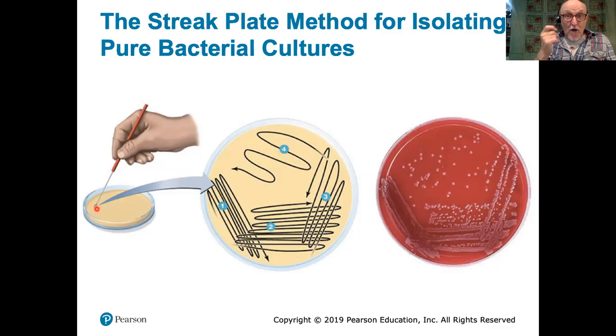In that sample, in that inoculum that you have taken, you have billions and billions of cells. We have to somehow separate those cells. We have to end up in a situation where we have cells separated on the surface so that each cell grows a pure colony. This is how you do it. You take that sample and you spread it like this in a wavy loop, back and forth and back and forth and back and forth. Now you take your loop and you flame it. You kill all the bacteria on it. And now you do another wavy loop. Here it is this way,